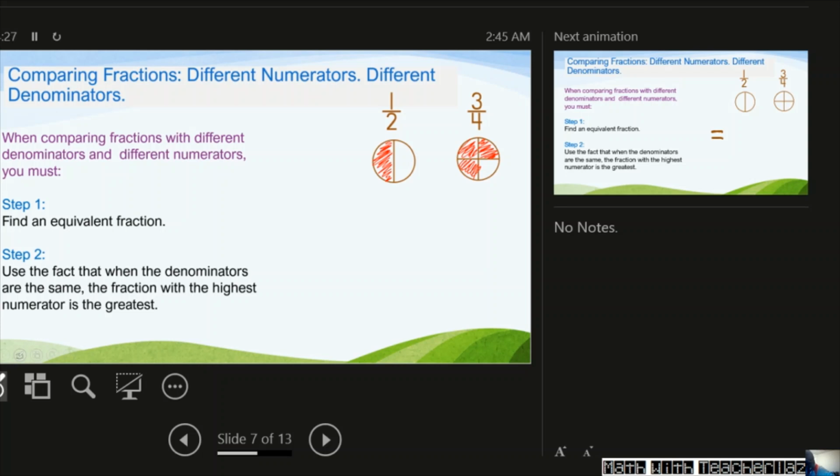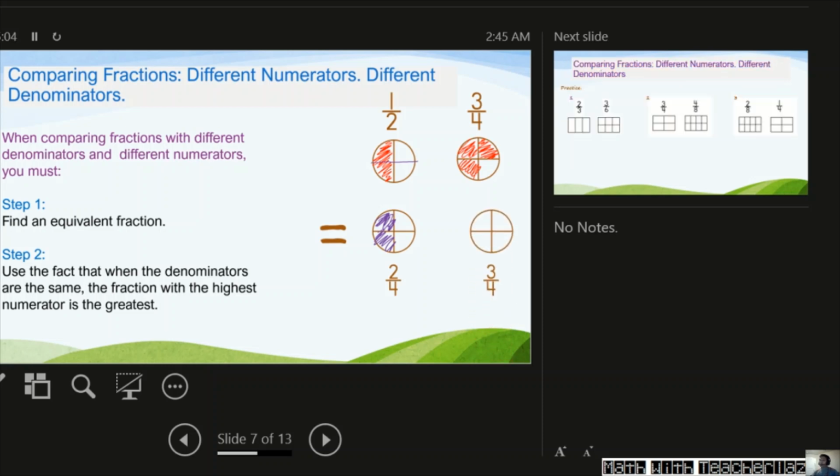But remember, what we want to get used to is to make sure that we have the same denominator on both. So how can I get this to look just like that? How can I get 1/2 to look just like 3/4? Well, if you said cut it down the middle again, then that's right. So now you're going to see that 1/2 equals 2/4,